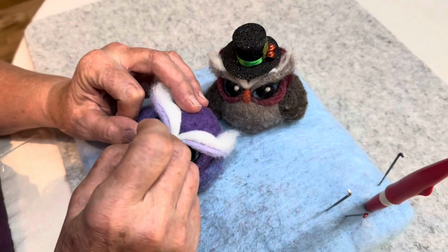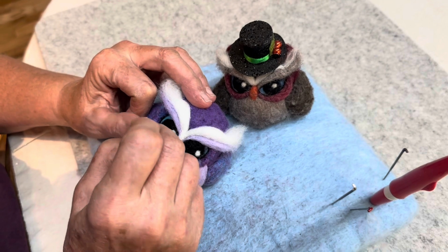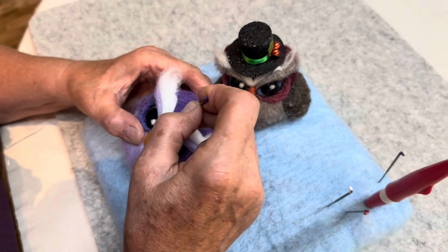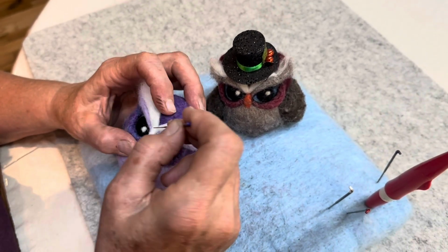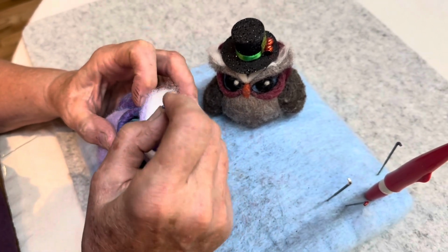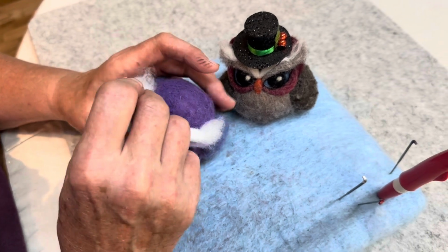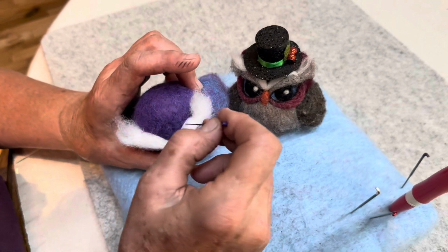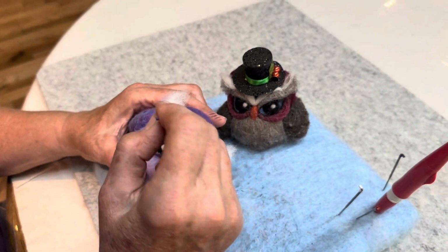Okay, so I'm working with a 38 star spiral, and I'm just pulling in any stray fibers. Pay particular attention to this spot right here to make it very defined, and so it gets that rolled look. And then I actually tacked it down there so it's around his eye, so it looks round from the top, and then it'll wing up like his ears,